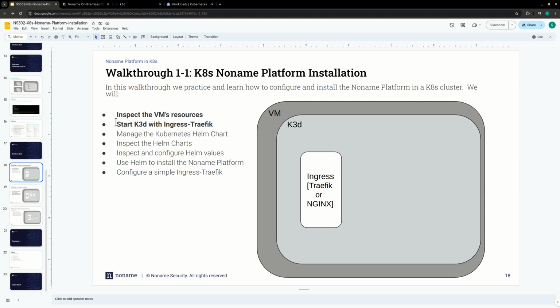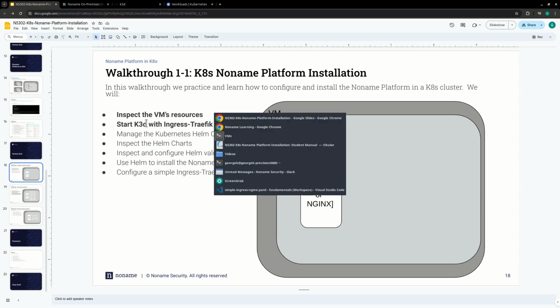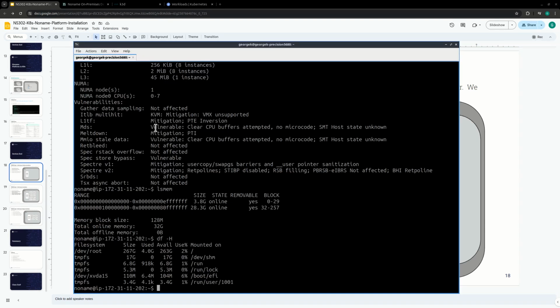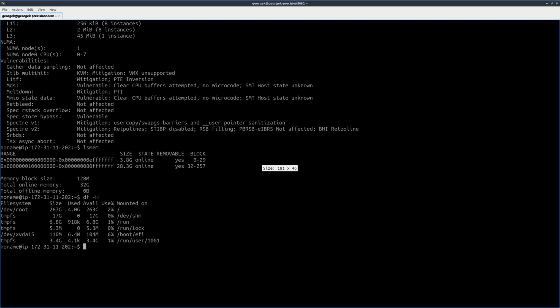Great. Let's move into the second section where we're going to start K3D. We're going to create our cluster. That's what we're after. Okay, back to our terminal. I'm going to maximize my terminal, and what we want to do is